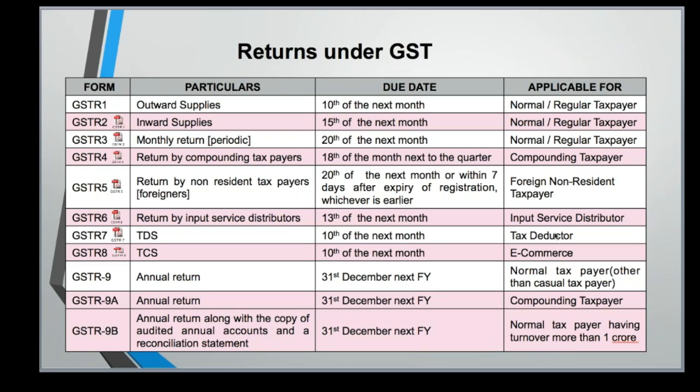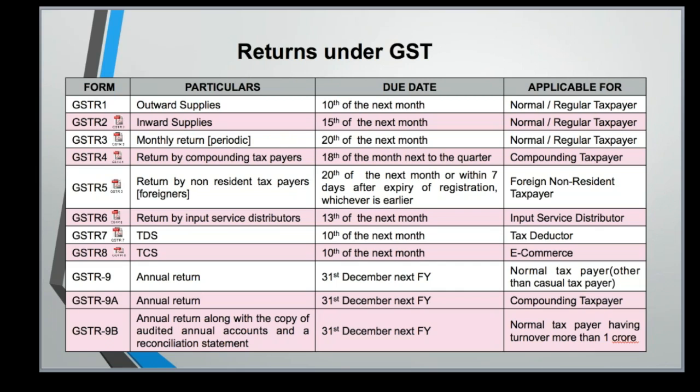So how would this return process actually go? If we can just see the return process, you have to upload your GSTR1. GSTR1 is the main return of your sales, wherein you have to give all the information of your sales made to various customers, B2C customers, B2C large, all your debit credit notes, or your tax liabilities on advance payment if you have received. All those details you have to give in GSTR1.